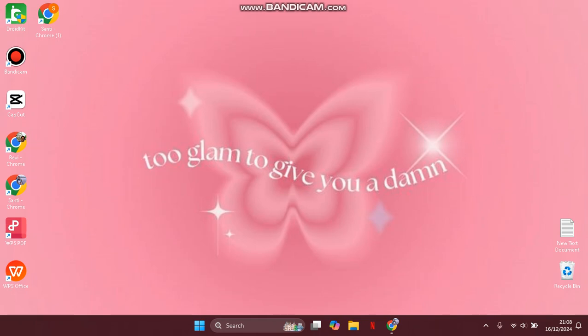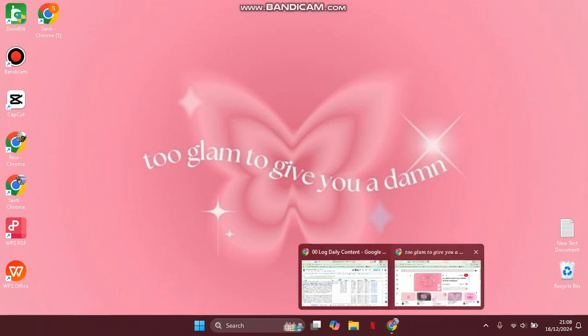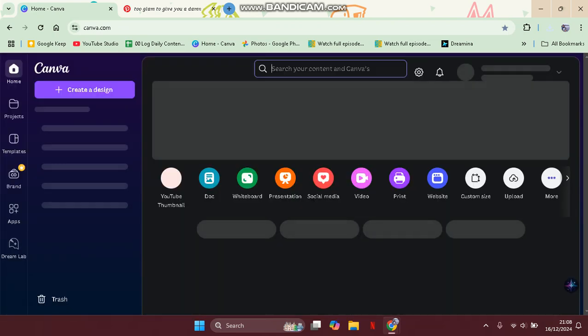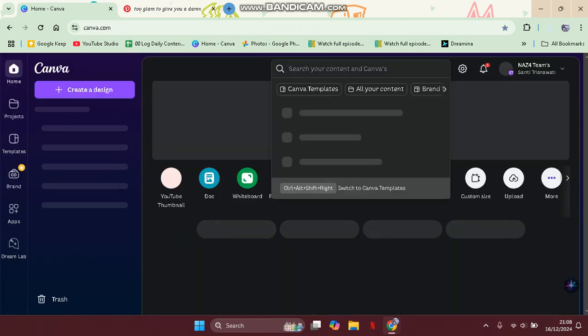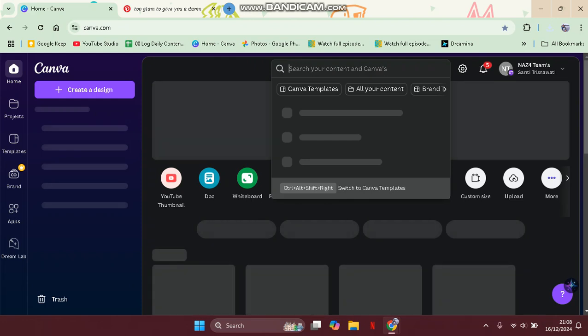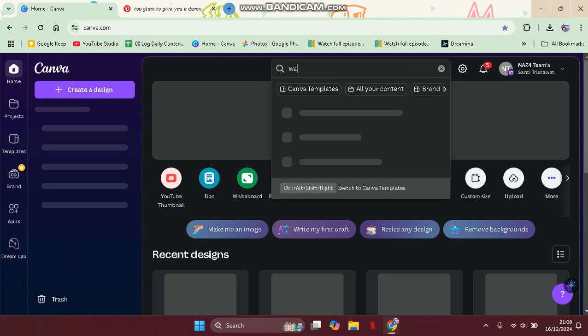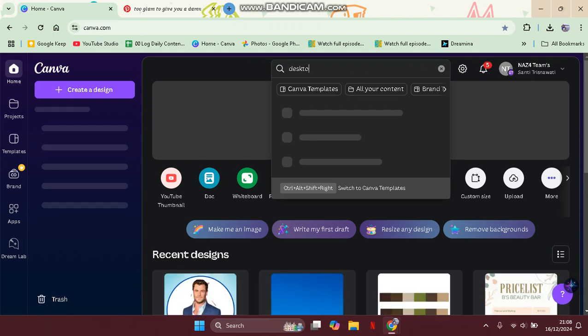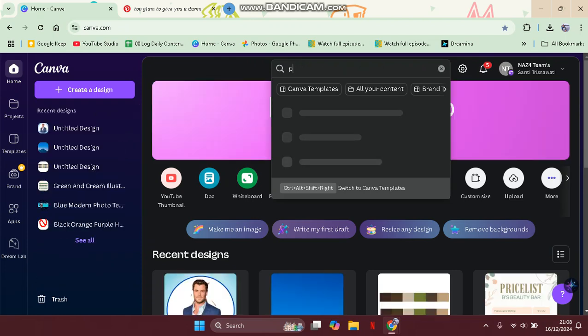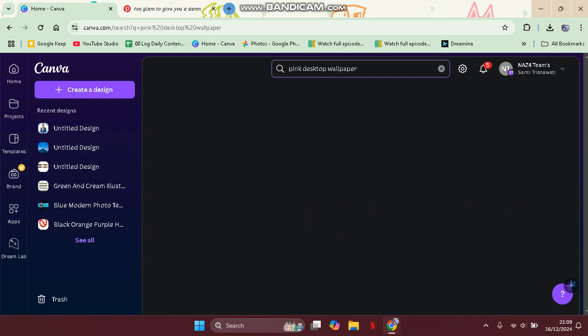And if you want to use Canva, you can actually just do the same. So go open your Canva and then just search here in the search bar at the top. Search for wallpaper or desktop. Okay, let's try to go specific, like pink desktop wallpaper. You can hit on enter